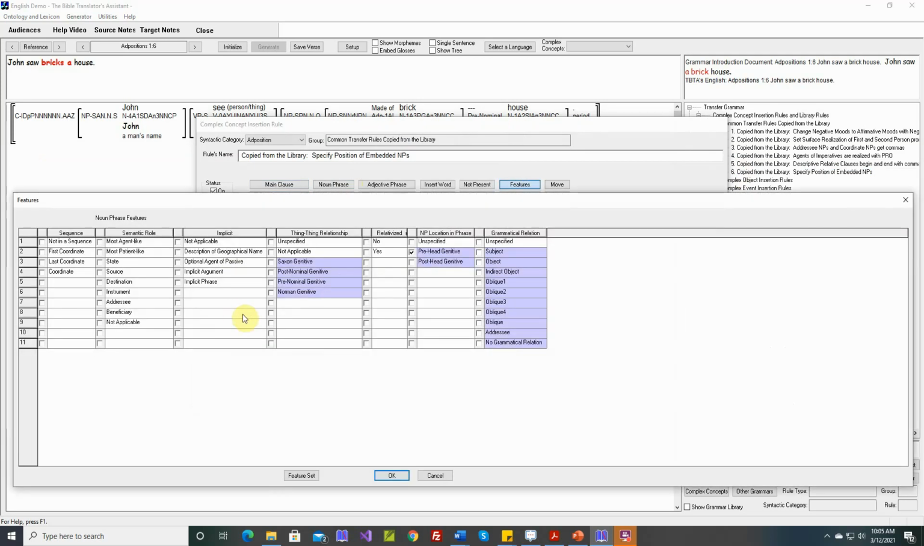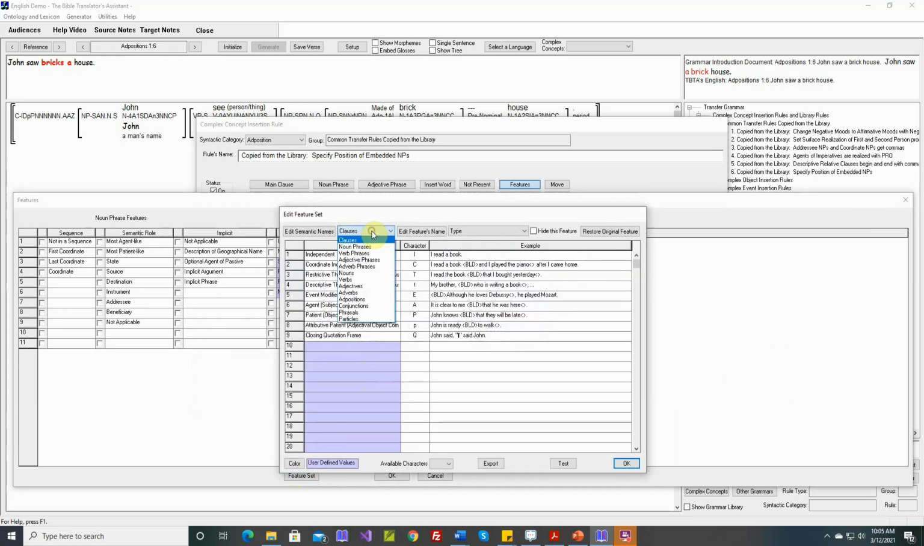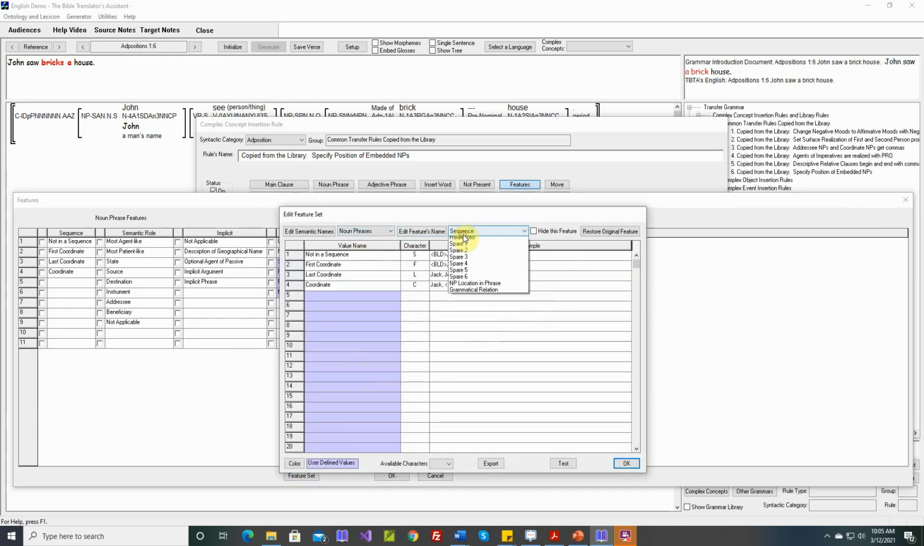Let's click on features. And right now the only two options are pre-head genitive and post-head genitive. But we can add new values whenever we need to. We can click on feature set, and we'll go to noun phrases, and we'll go to NP location phrase. And let's add a new value. Let's make this specific, like let's call this made of genitive. We can add an example. A more typical example is something like